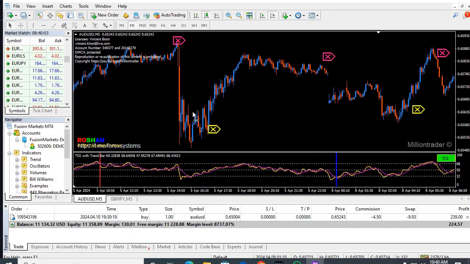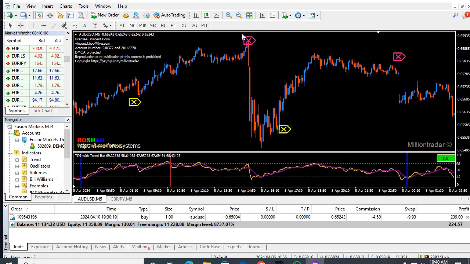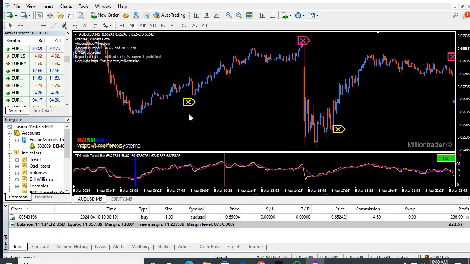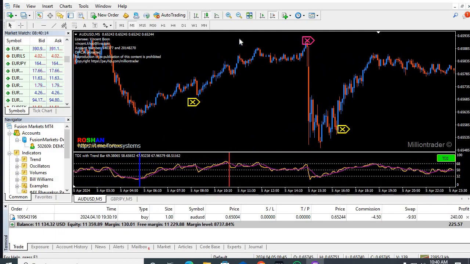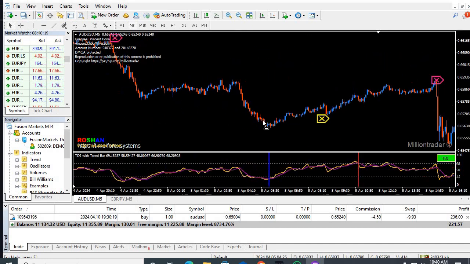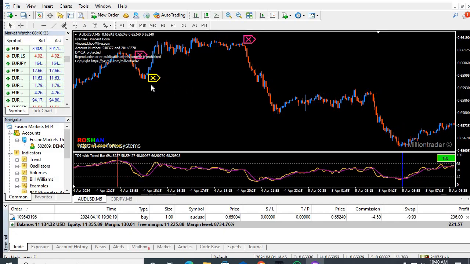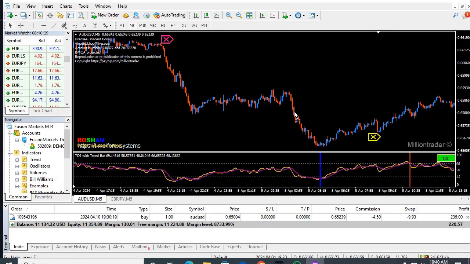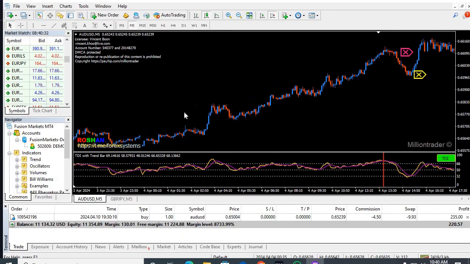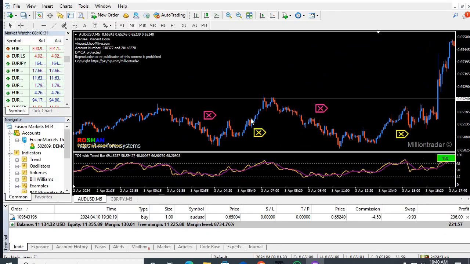90% accuracy. Okay, you can see you got the sell signal, and you got exit at this point, and you can see accuracy is amazing. Okay, this is the buy signal, you got the buy signal at this point, and you have to book your profit at this point. Okay, and this is the sell signal actually, and you have got the signal, you can exit your trade at this point, and now you can go for the sell trade, and you can book your profit here. Okay, let's see the buy signal, where we got the buy signal.